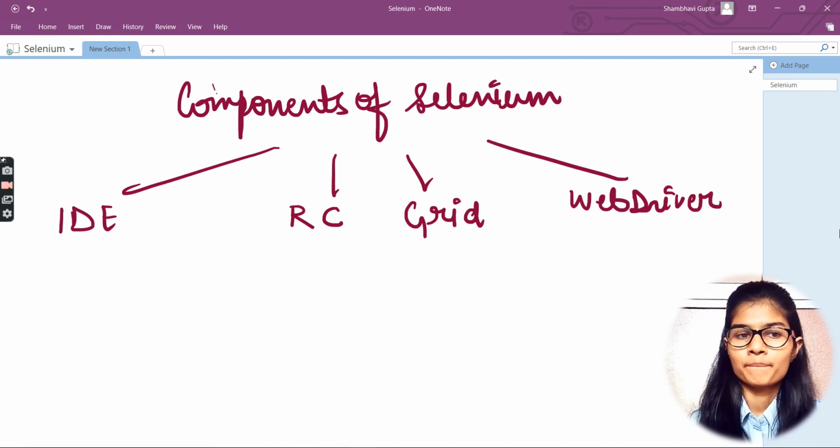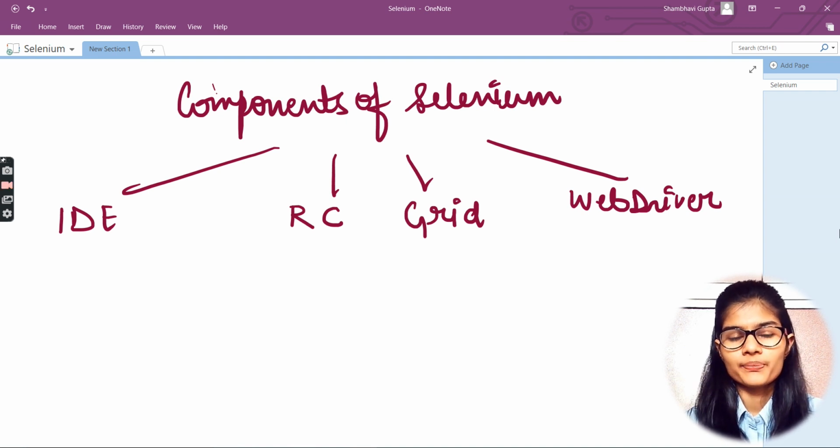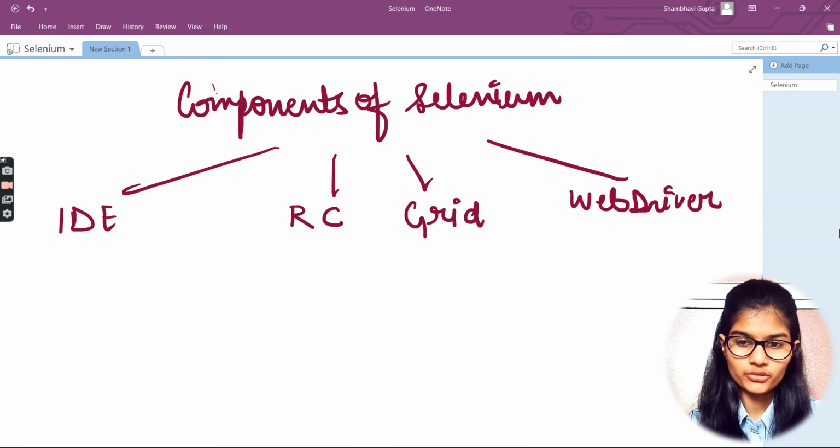Fine. Okay. Now, regarding Selenium, let's say I want to automate a message using Selenium. In that particular case, first of all, Selenium is used.